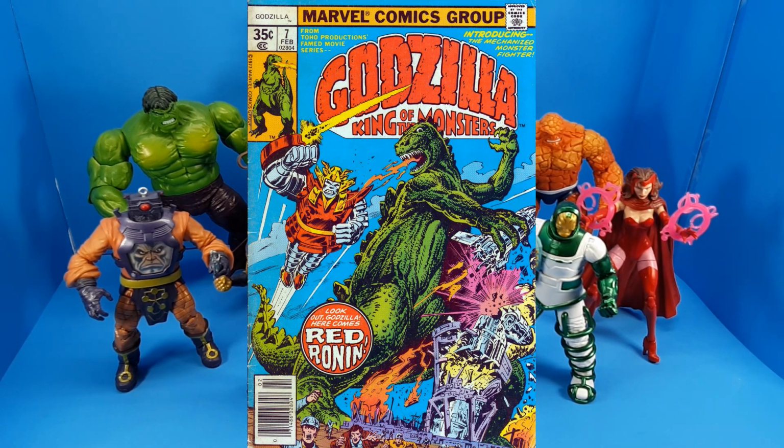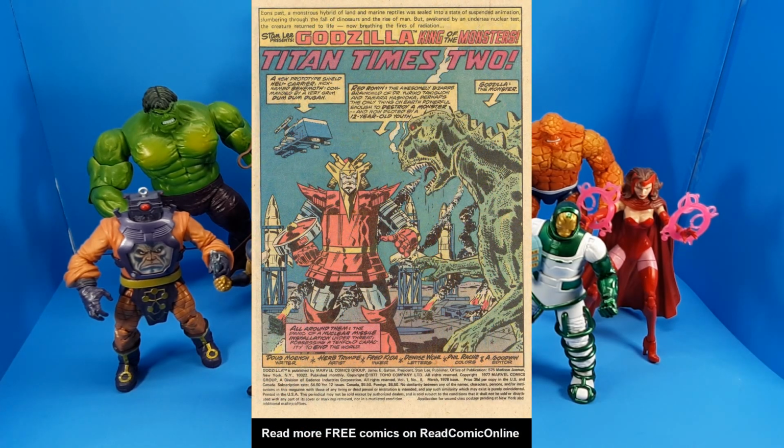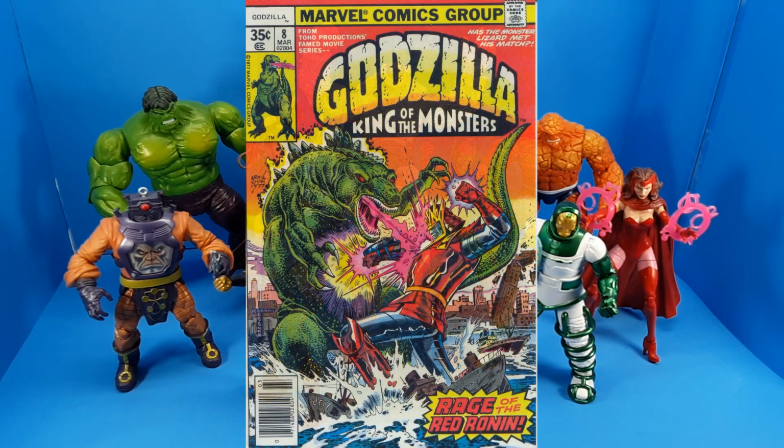Red Ronin is the super robot that first appeared in Marvel's Godzilla #6, 1978. And he is basically Marvel's own original Shogun Warrior. After battling Godzilla a few times, Red Ronin went on to battle the Avengers and has appeared sporadically over the years. He's never been an A-list character or even a B-list character. I don't know how many people actually would remember Red Ronin, but I remember him, and I want a toy